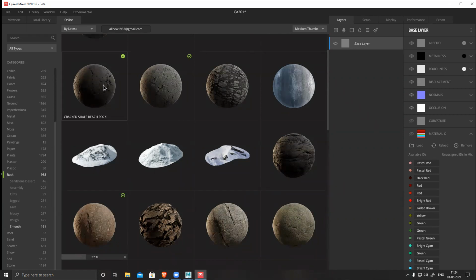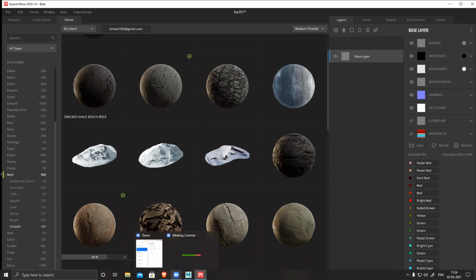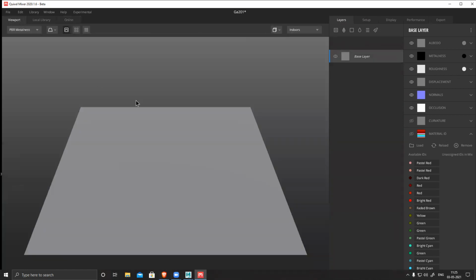So this is downloaded. Drag and drop it over the base layer and go back to your viewport.